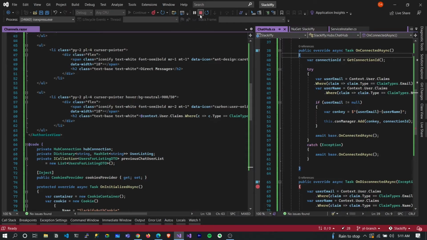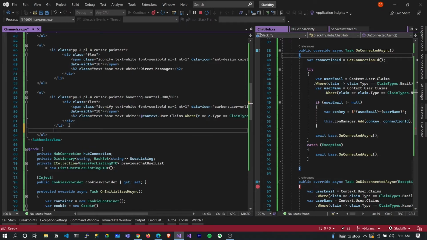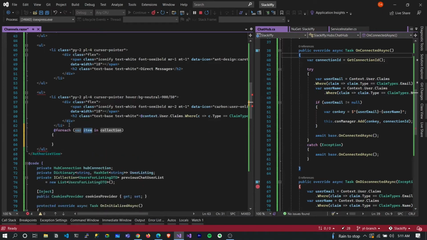Okay, so what we need to do is obviously we need to generate this list according to our previous chat user list that we have already. Okay, so let's do it for each users and previous chat user list,